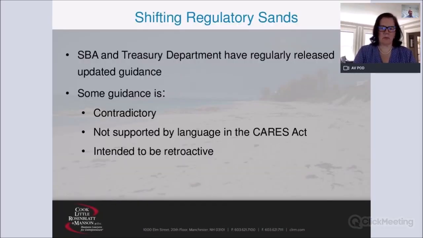So with that, keep in mind too that the regulatory sands continue to shift. I understand that the SBA has regularly released guidance, as has the Treasury Department. On average, there's been basically one release a day, some days with more than one release and some days with less. Some of those releases relate to forgiveness, not all, but it just gives you some idea, as we talk in more depth here in a minute about the forgiveness, what kind of regulatory environment we're trying to deal with.